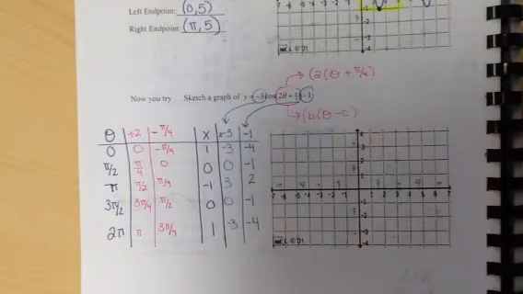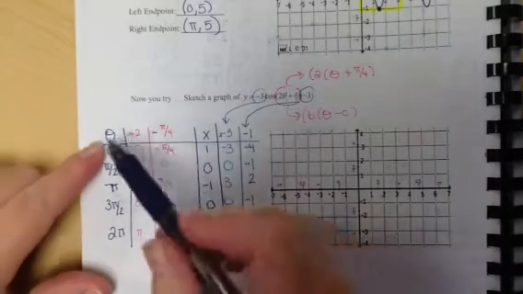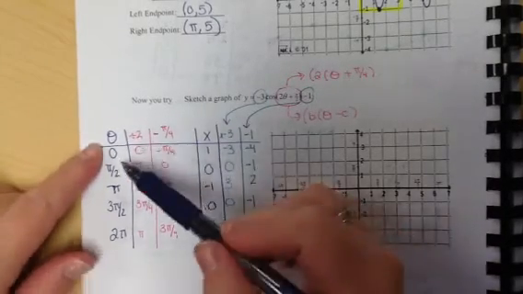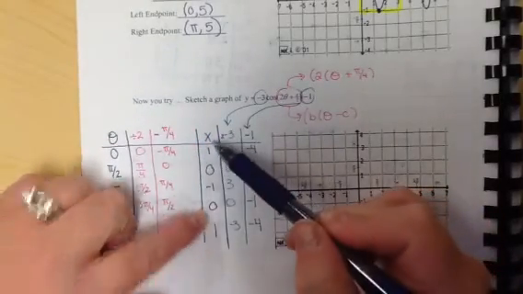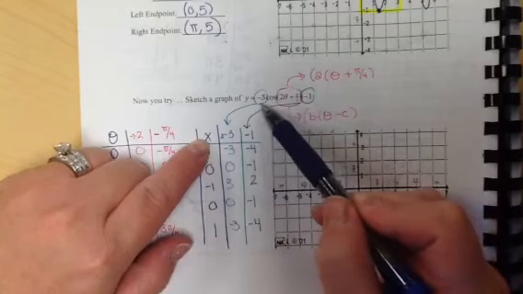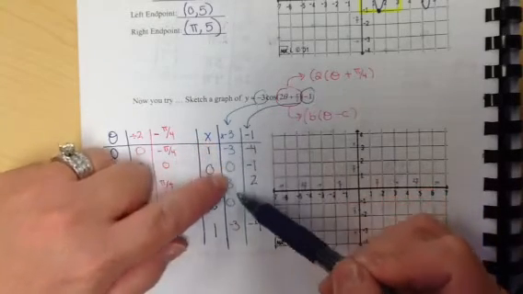Okay, so this one's a little bit tricky because it's got every transformation going on, and we haven't done all that together yet. So first thing I did was I made my table with this dark blue. So same angles, and I'm using the x part in the coordinates. I took all my x part of my coordinates and I multiplied them by -3 and got these new points